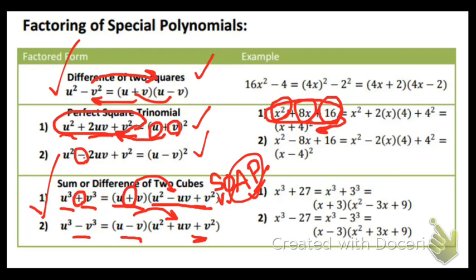And there's no coefficients. If it's u cubed minus v cubed, it's going to be u minus v times u squared plus uv plus v squared. And that's something you want to memorize. And just a quick proof of it,